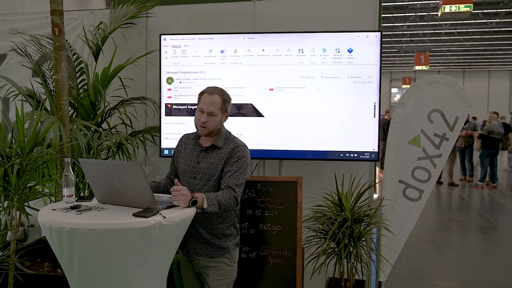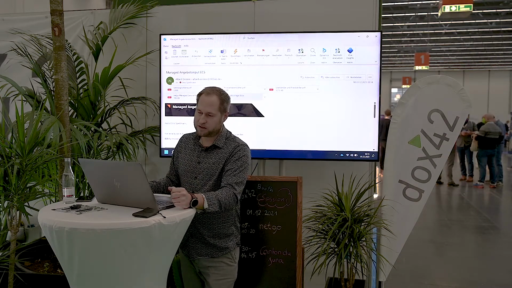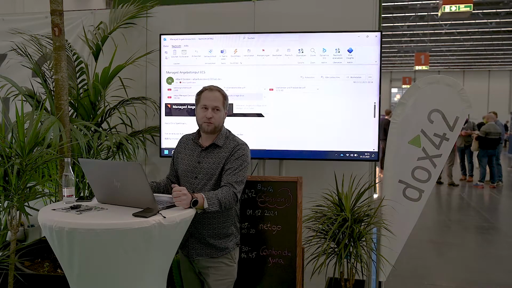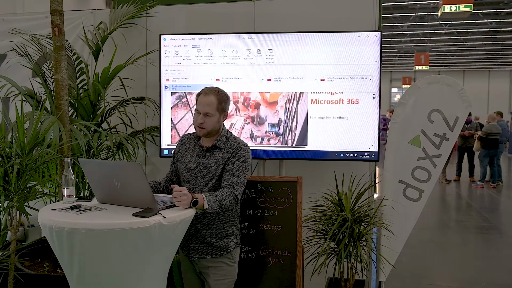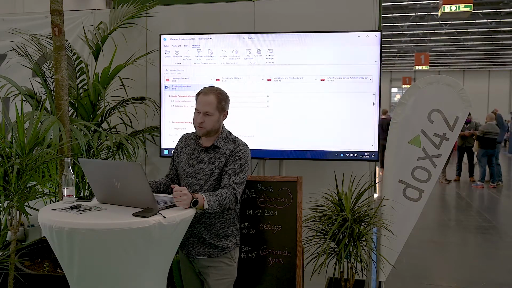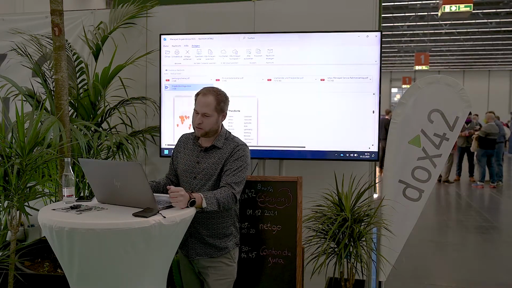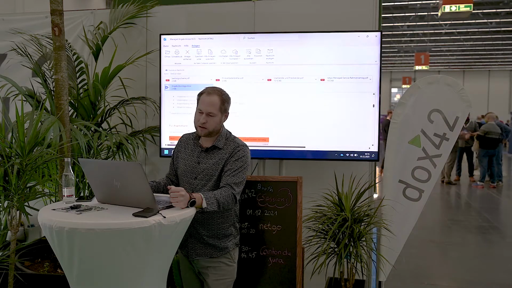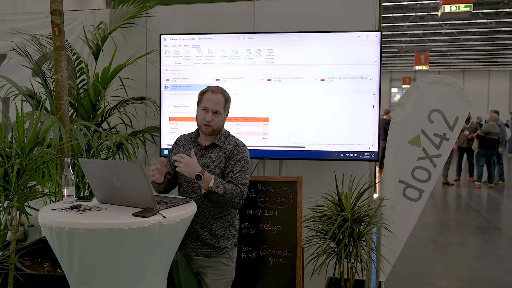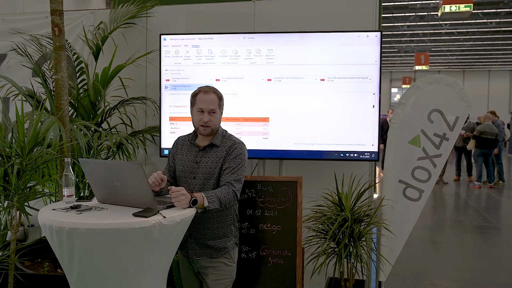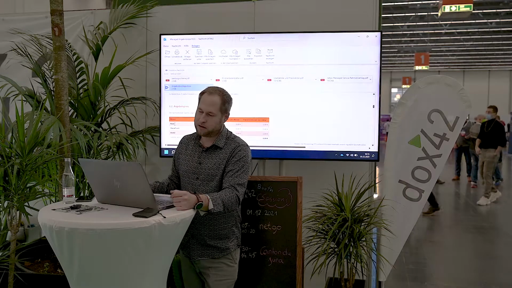The user of the Power App gets this email with all this and some more attachments. This means the salesperson gets this template for the offer. It's a Word document, so the person can edit it in the next step and send it to the customer, for example. And we see it depends on what we check in the Power App. We have merged several documents and placeholders with dox42 from different data sources, and this mail and the generation brings all together. We have these different attachments,